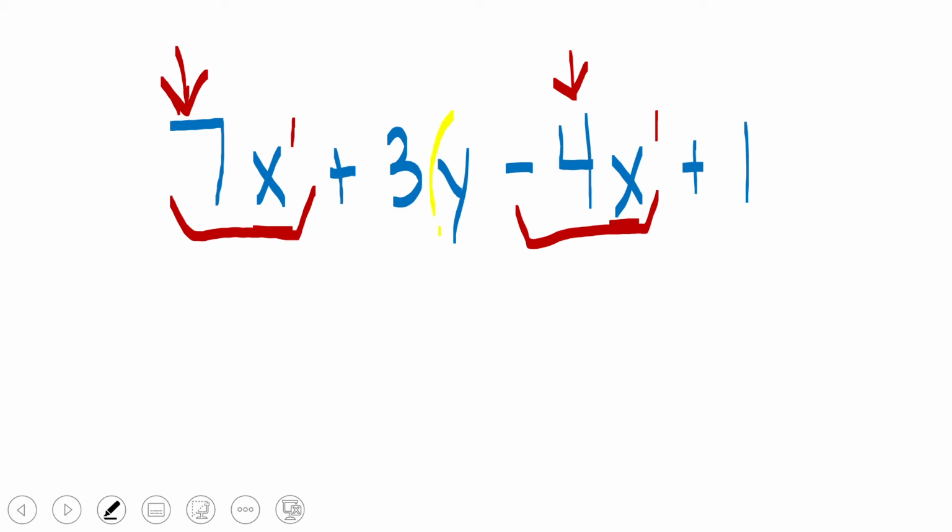This is a y term. That's not an x term at all. So it sits by itself. There's nothing else that matches it. This is a constant term. It sits by itself. Nothing else matches it. So we're looking for what matches. So looking at our problem again,